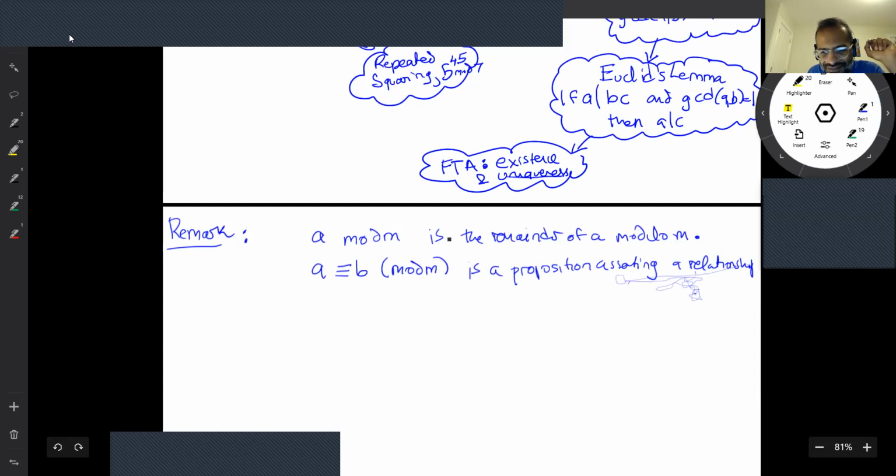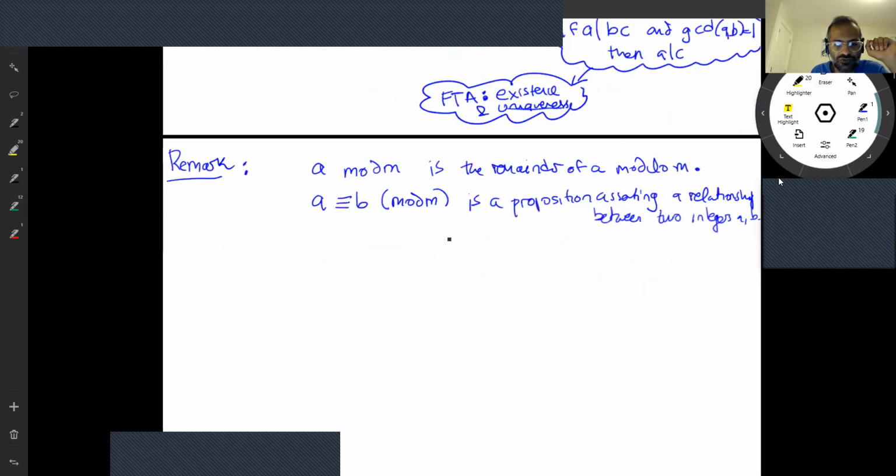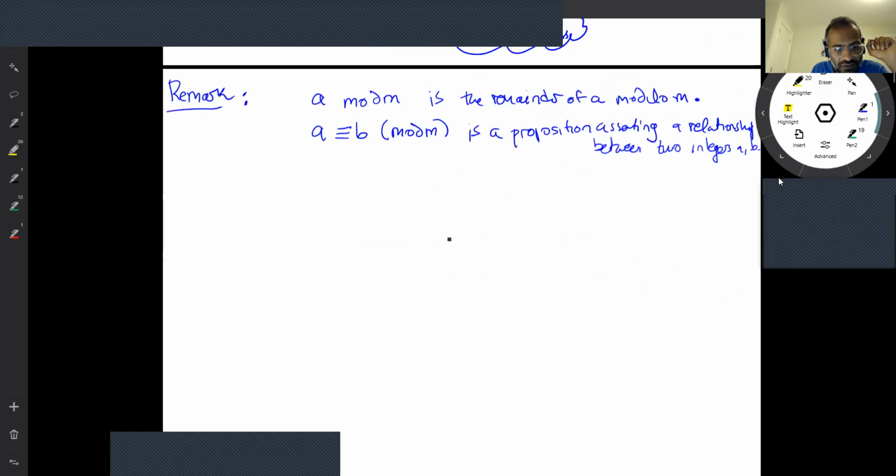Okay, let's erase this. This is asserting a relationship between two integers, A and B. So be careful, these are not the same thing, right? The first one is an operation on one number, the second is a relationship between two numbers. And another remark, just to connect this notion of congruence with something we studied earlier,